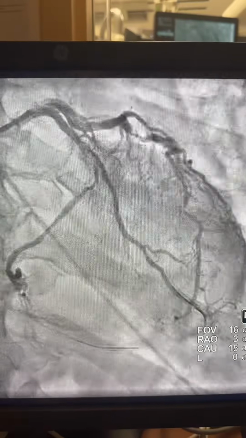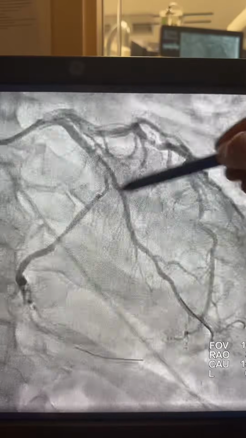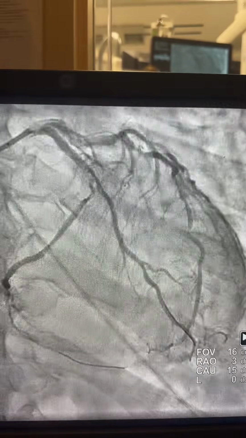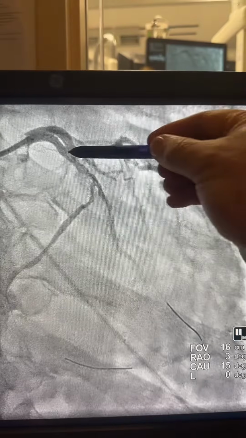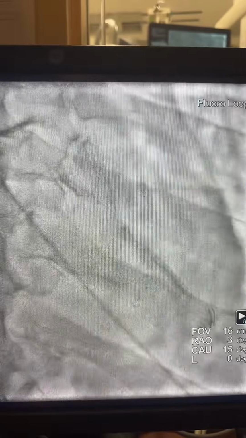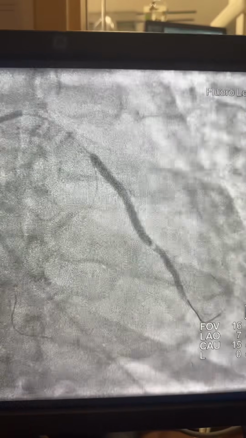And here the flow is better, so here we're going to fix this lesion, and then another lesion in the ostium, and at the same time we're going to fix the circ toward that large PDA up to here. Starting here with a 2.5 stent. This is a 2.5 drug-eluting stent, and then a 2.75 stent up to the ostium at high pressure,